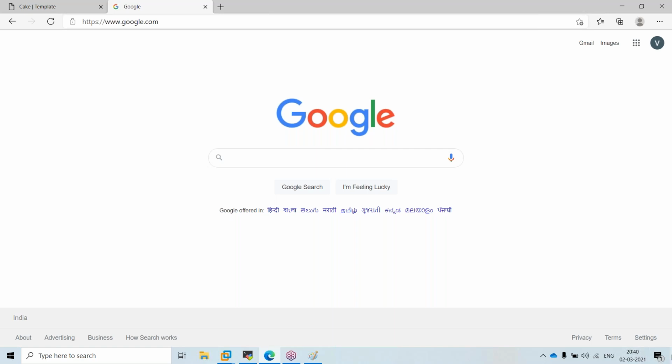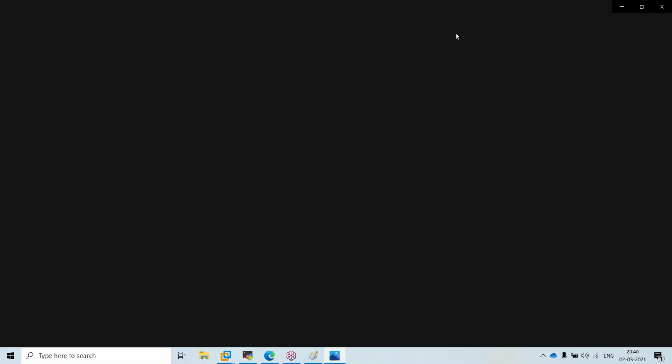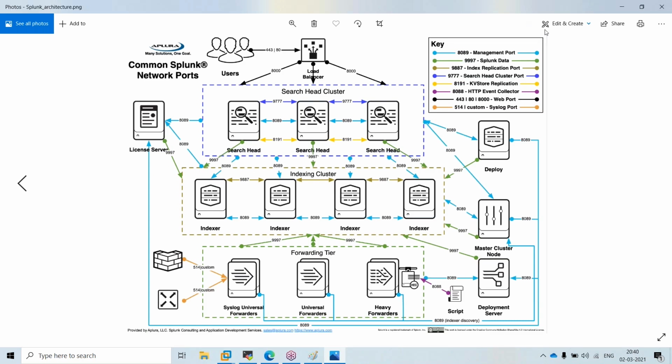Actually, I will explain this architecture. The Splunk architecture will be much bigger. Whatever component I'm doing for development, this is the only component which I'm installing now.